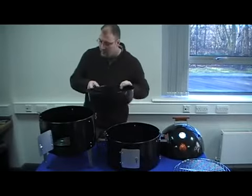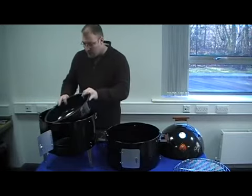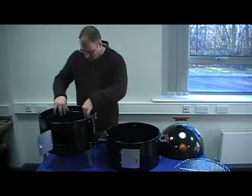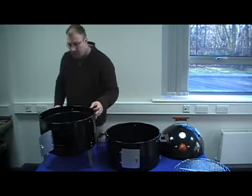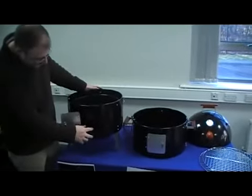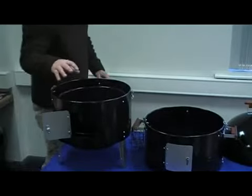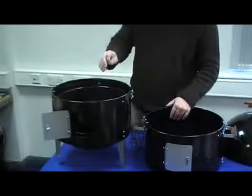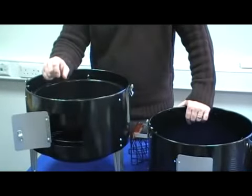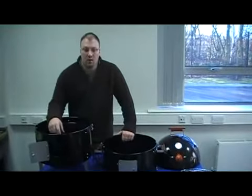The water pan then sits on the lower of the 2 pegs. So if we sit that into position, we can now see that we have, especially through the door, the charcoal grate and the water pan. This allows the cooking temperature to be maintained at a fairly consistent level. Water pans are used generally for smoking. It's not the type of thing that you would use if you was going to do grilling or if you was going to do some